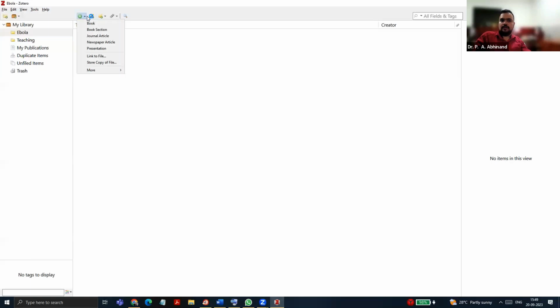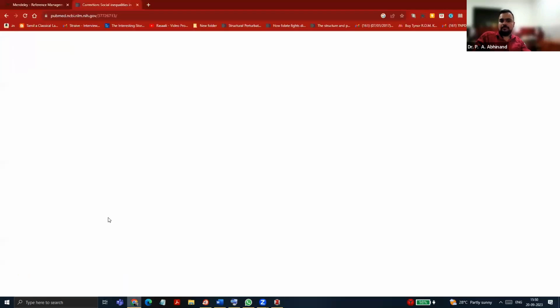So if you want to add any paper into Zotero, you just have to put the DOI ID of the paper over here. Or if you have the paper, you can click on this folder option and you can add the papers directly into Zotero. Right? That's how you add the papers into Zotero. Like say for example, let me add one paper and show.